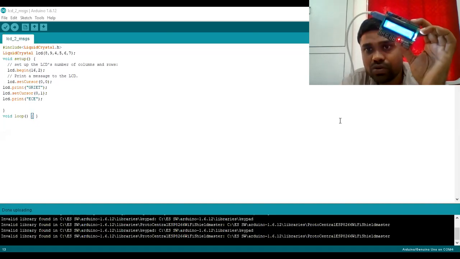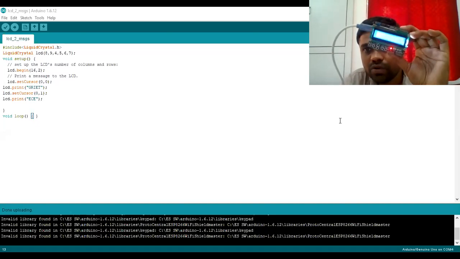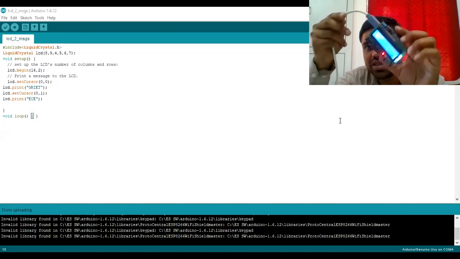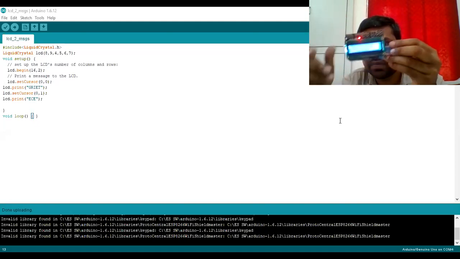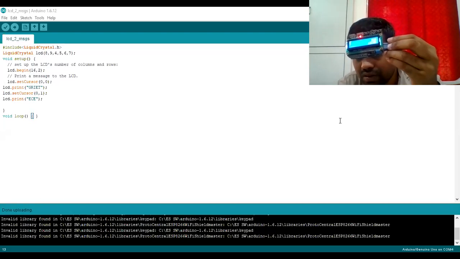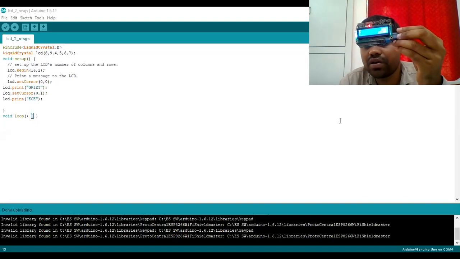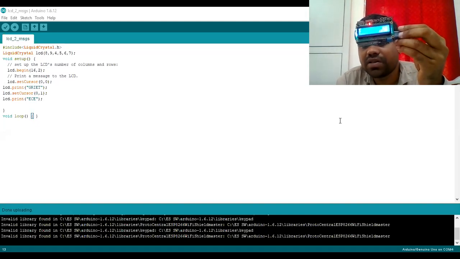After uploading the code to the Arduino board, we are seeing the two messages: GRIT on the first line and EC on the second line of the LCD. This is the demo of how to display some message on the LCD.